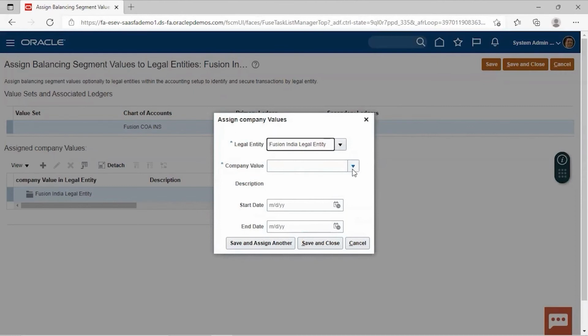Here we have to specify the company value. So this is 10 Fusion Operations. We can click on Save and Assign Another, and we'll assign another value also, which is 20 Fusion Services. Then we'll click on Save and Close.